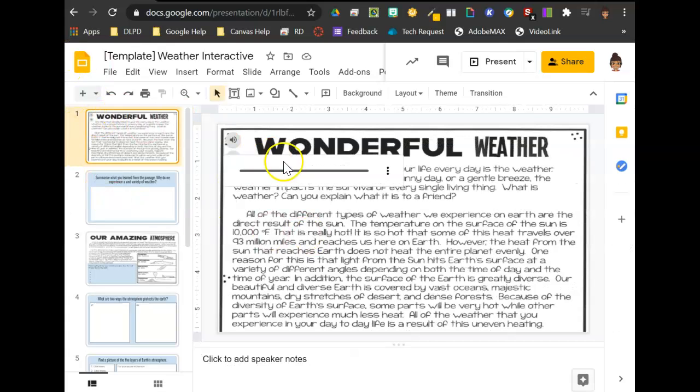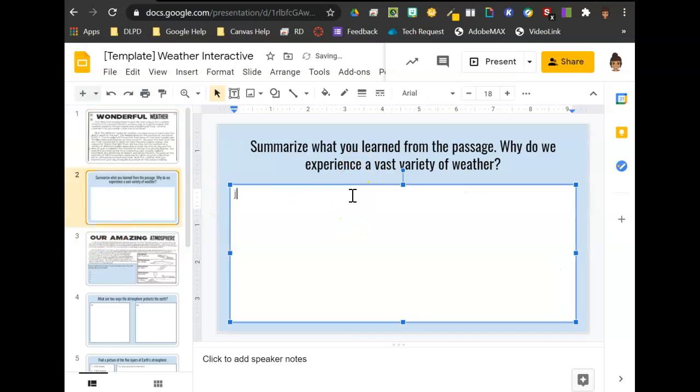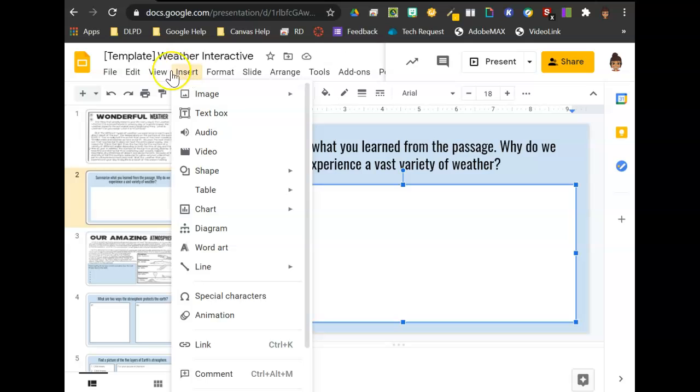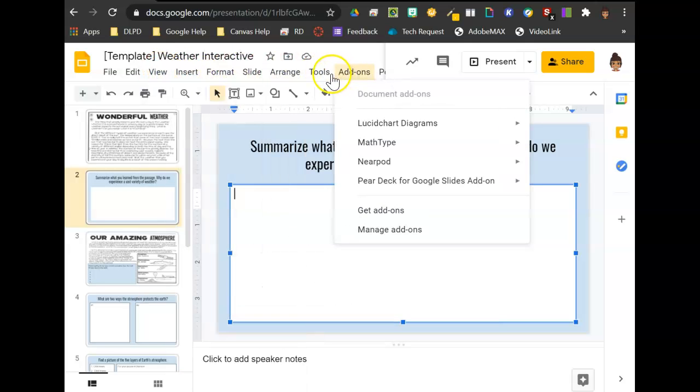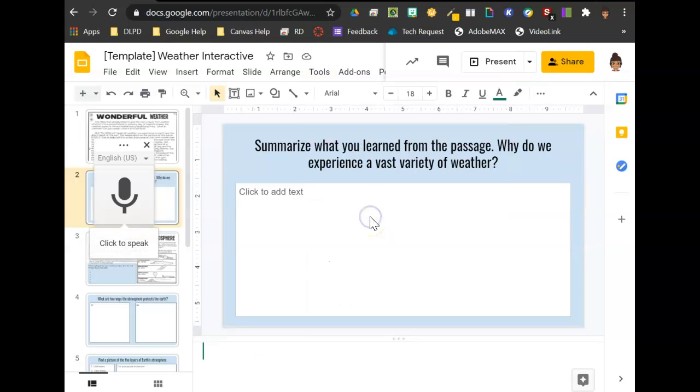That way, your students have complete instructions of what you want them to do on these slides. And again, you can say click to add text, so they click and there's a text box and they can easily type. Another thing that's pretty cool is they have tools here and they can voice type from the speaker notes. They can click here to speak, and then they say,